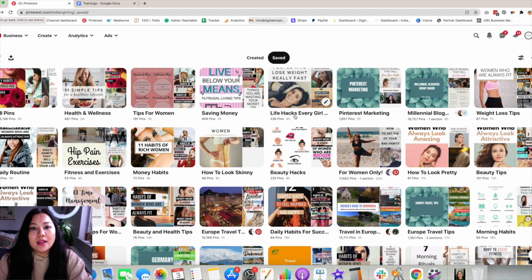Now, when it comes to creating pins, you can always head here to the top left corner and go on create and then go on create a pin. But you also have the option to do it directly from here as well. So Pinterest has also given you the option to create a pin from this option as well, where you can also look at creating a board.